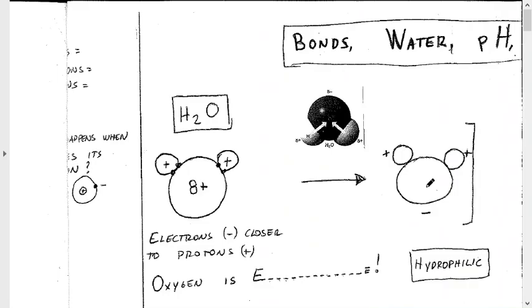Let's go to the next one. All right, so that does lead us into a discussion of water. Remember that water is an oxygen and 2 hydrogens. The oxygen, again, has 8 protons, and the hydrogens have 1 proton each. And I'm going to